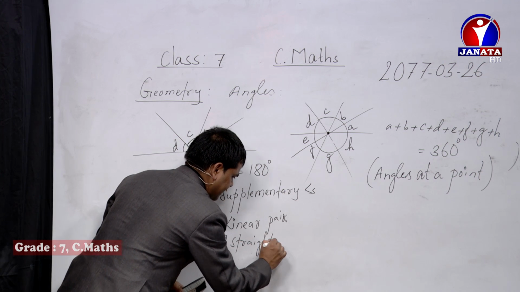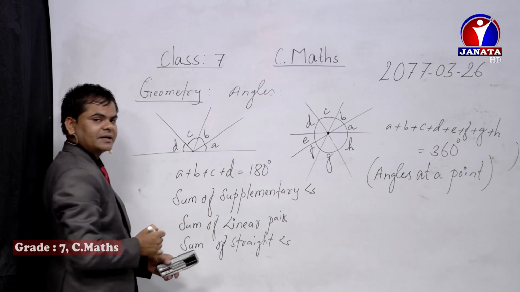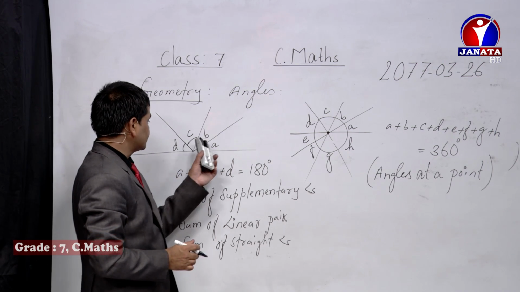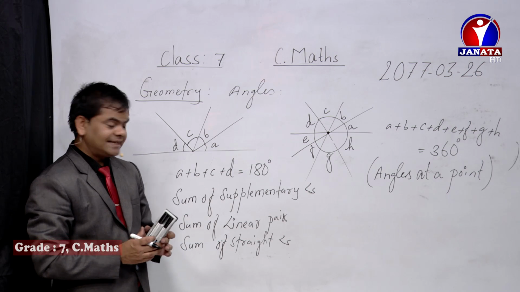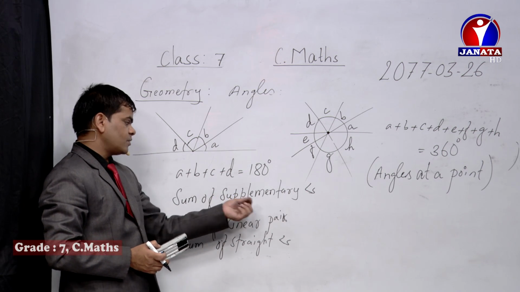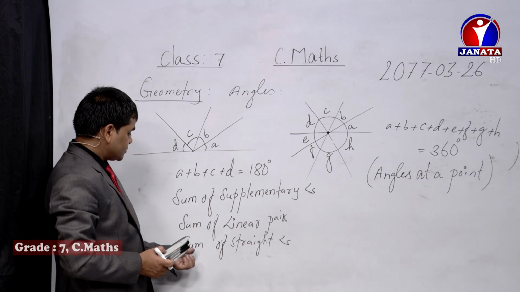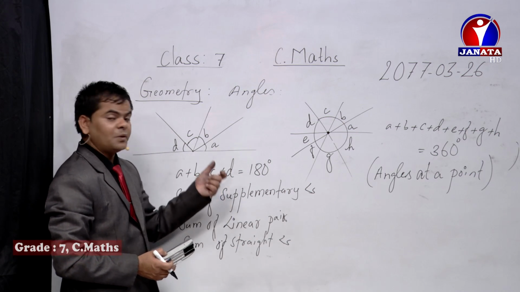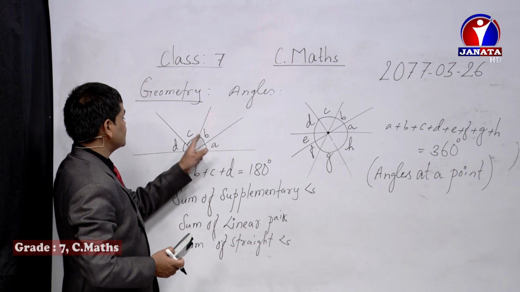Why is it straight angles? Because in a straight line the angle is formed, isn't it? So those angles altogether, if we combine together, their sum becomes 180 degrees. Some people write sum of supplementary angles, some write sum of linear pair, some write sum of straight angles. But we need to understand these are synonyms of each other to represent A plus B plus C plus D